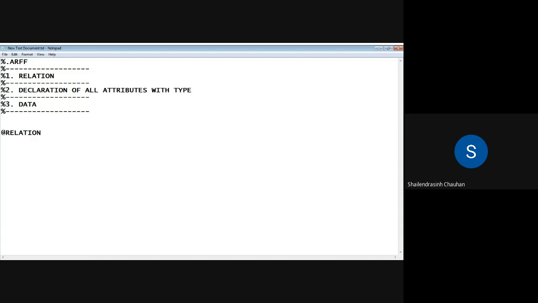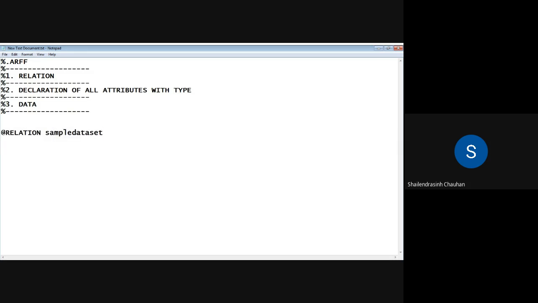And the name, let us take sample data set. So at the relation, the name of the data set, sample data set. Inside, you can mention different data set that will be displayed in Weka. This is the first part.